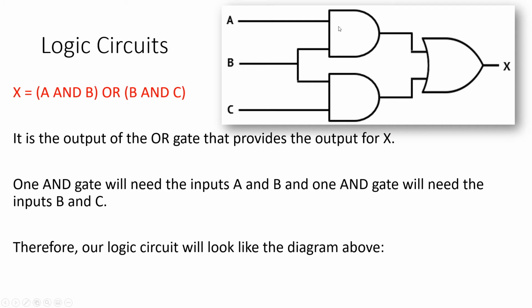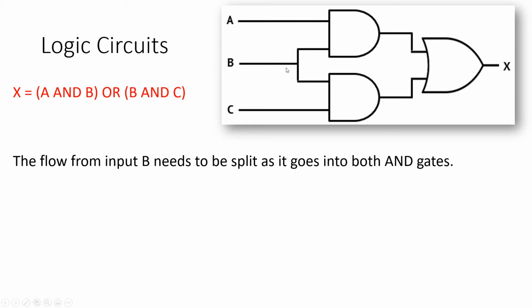So A and B, here's the AND, there's A and B, that's a little separator there, and then AND B and C. So A and B is this one, and they'll come out and go towards the OR, that's this bit here, and then B and C is this bit here, which comes out and goes into the OR. And you'll see this a few times where an input might get split, because it might be used by more than one